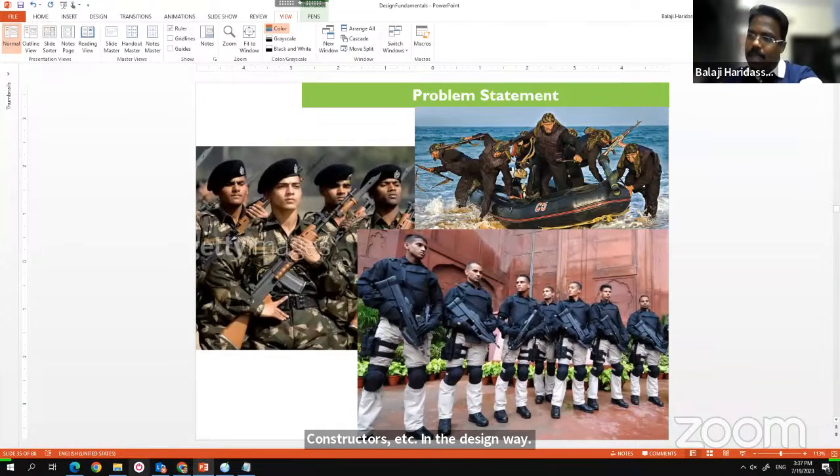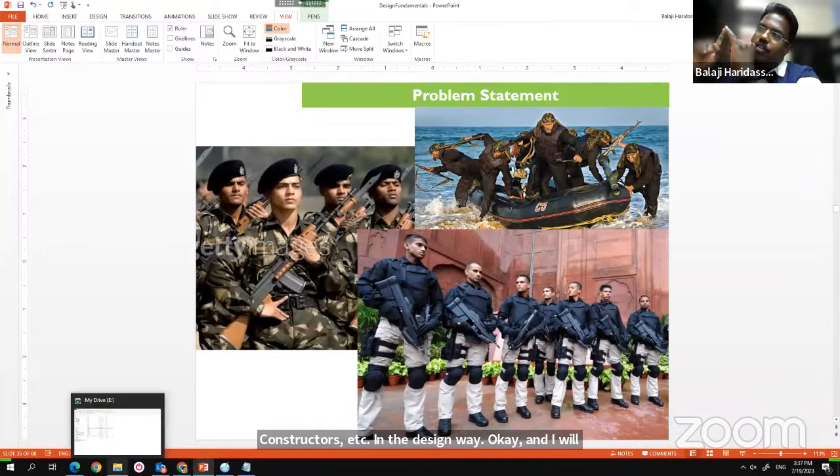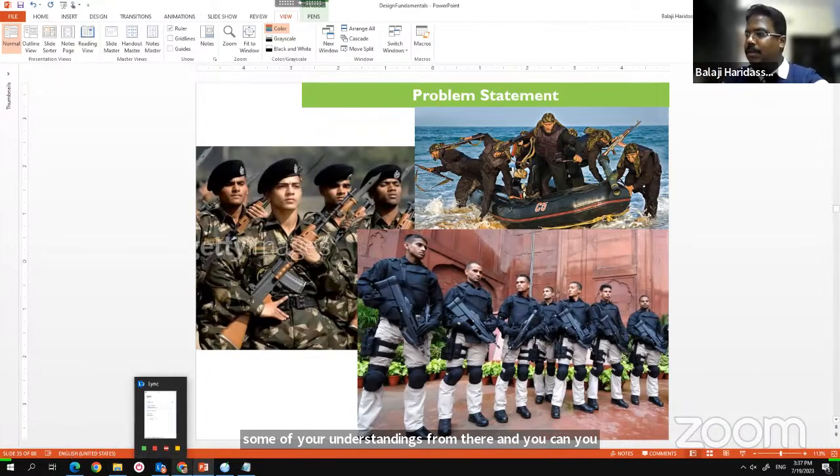Okay. And I will share a few documents which talk about what UML 2.0 is, how to really document a design, and how to think about design. I will share a few documents that I was referred to at Carnegie Mellon University when I was there for the software architect course. So I will share that resource with you. You can check those and derive some of your understanding from there, and create your own guidelines for design based on that. Is it clear so far?